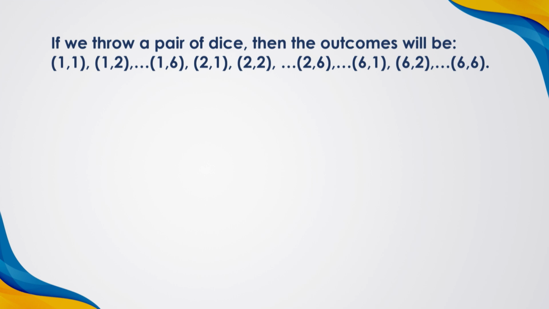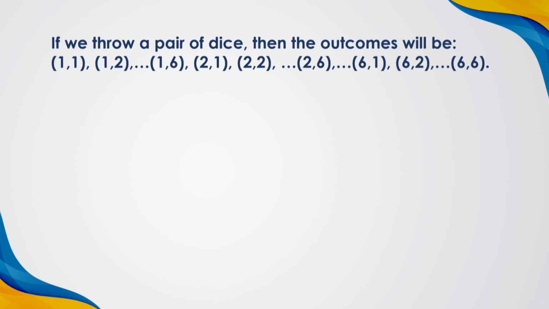So, as you know how the sum has been obtained, I have just given some clarity here. If you throw a pair of dice, you can get the outcomes 1,1, then 1,2 and so on, 1,3, 1,6. Then 2,1, 2,2, similarly you can go up to 2,6, similarly 6,1 up to 6,6, that is totally 36 combinations. So be clear about that: you have 36 combinations while rolling a pair of